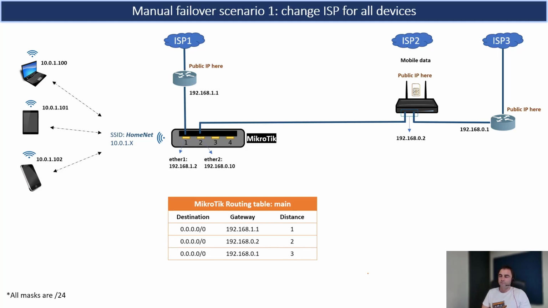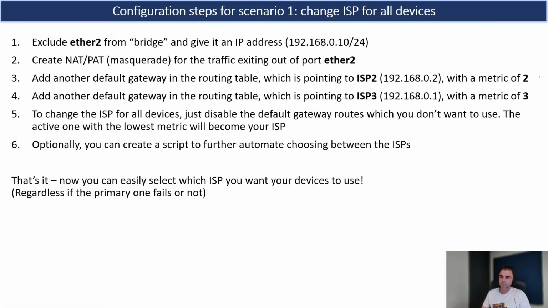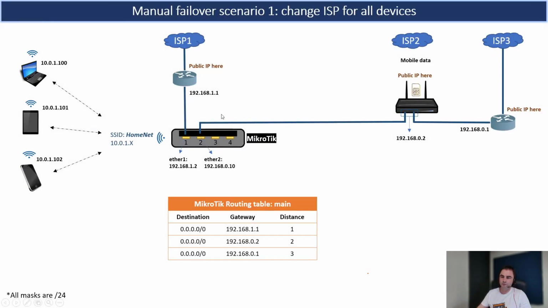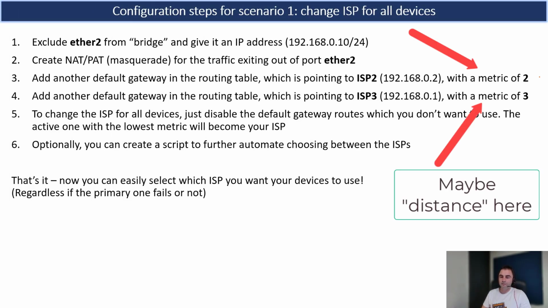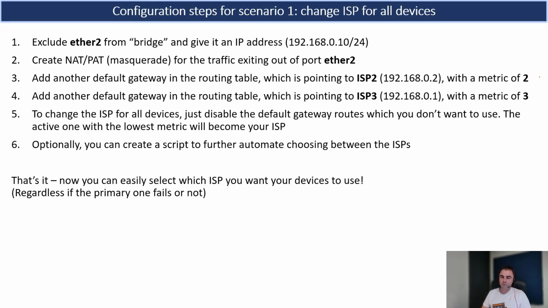So that's it, and let's do it now. I have a list of actions that we need to do. So we're going to configure the IP address. It's just configuring something on Ether2, which is this port here. So we have to configure an IP address. We have to configure NAT, so just to make it an internet port. And then we have to add two more entries in the routing table. That's it. And step number 6, which is optional, is a little Python script